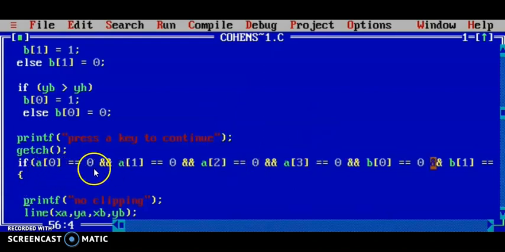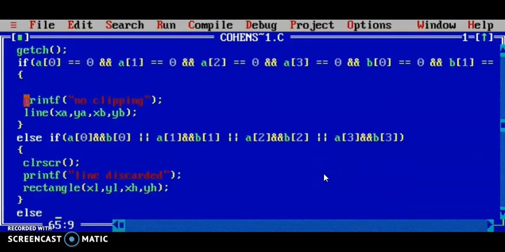If a of 0 equals 0, a of 1 equals 0, a of 2 equals 0, a of 3 equals 0, b of 0 equals 0, b of 1 equals 0, b of 2 equals 0 and b of 3 equals 0, if all these conditions are satisfied, meaning all are 0, then you will show the output no clipping, and the particular line will be drawn.